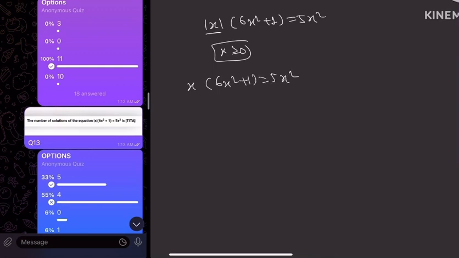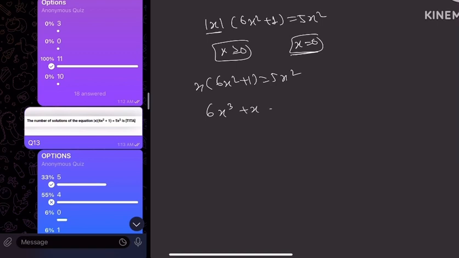So first thing you can do is you can cancel this. But remember, while cancelling it, you are actually taking the case x not equal to 0. Or you can also take common. So remember, if you cancel, you will treat x equal to 0 separately. So at x equal to 0 it's satisfied. Or better, if it is getting confusing, you do it like this, don't cancel this. This might appear confusing. This question was given in CAT for such purpose only, so that people get confused. So 6x cube plus this is x only, right?